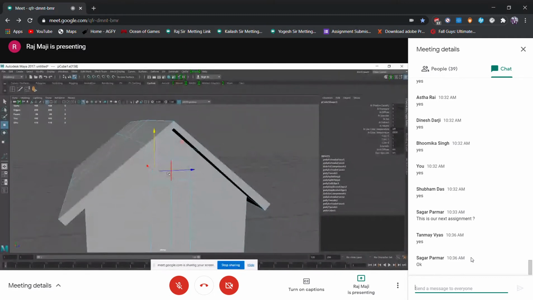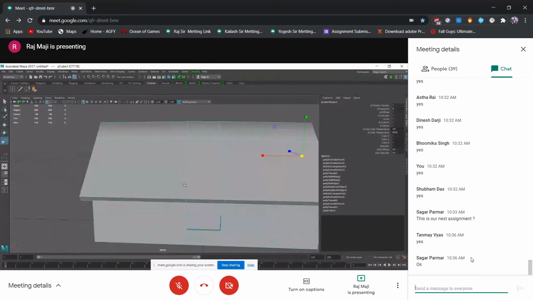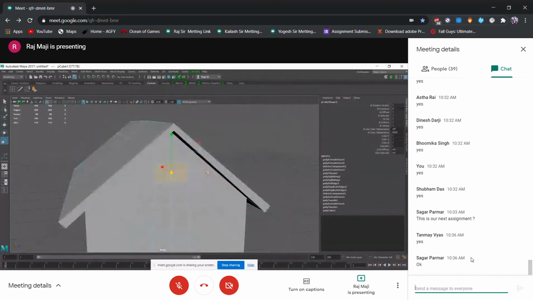Means in huts, some of the houses you can see this kind of, just opposite the door, the opposite side, a small window can be there, can be seen at the top like this